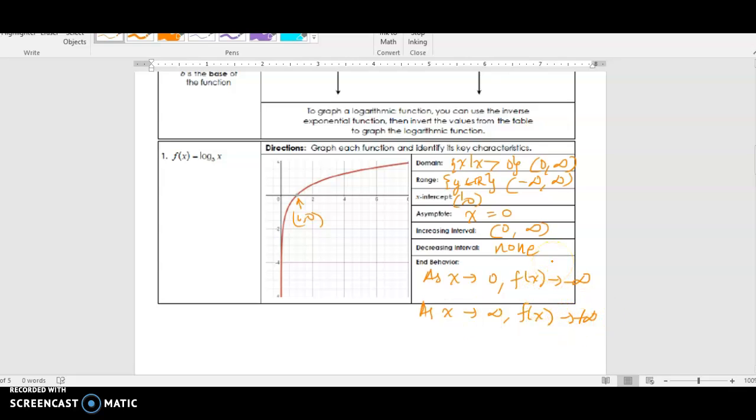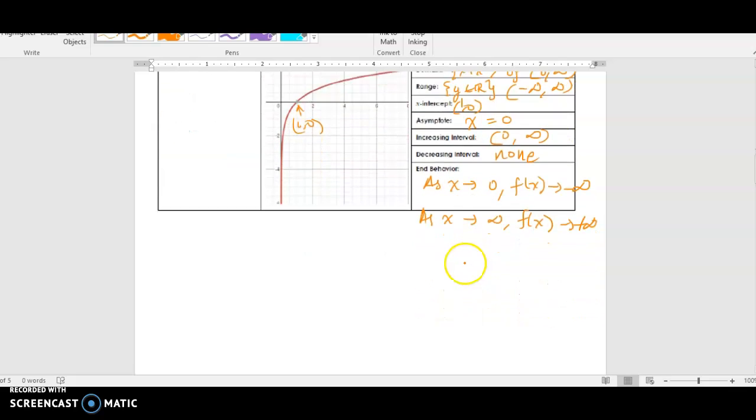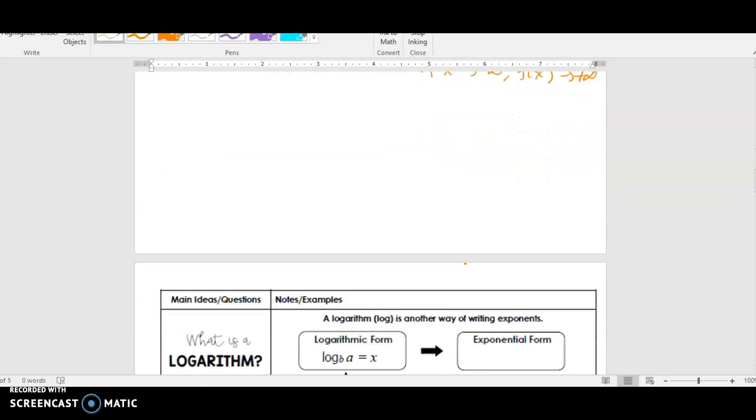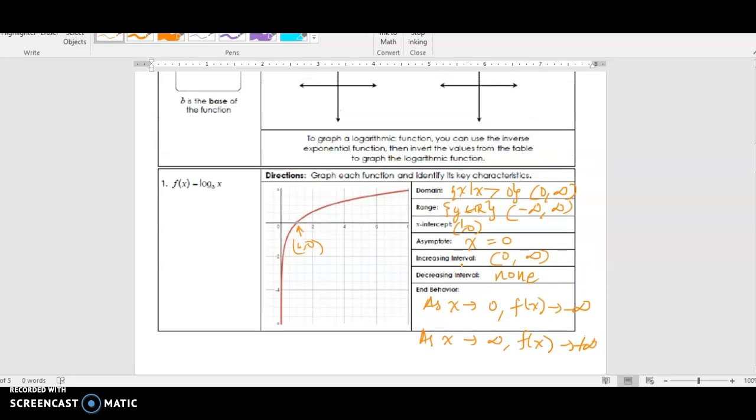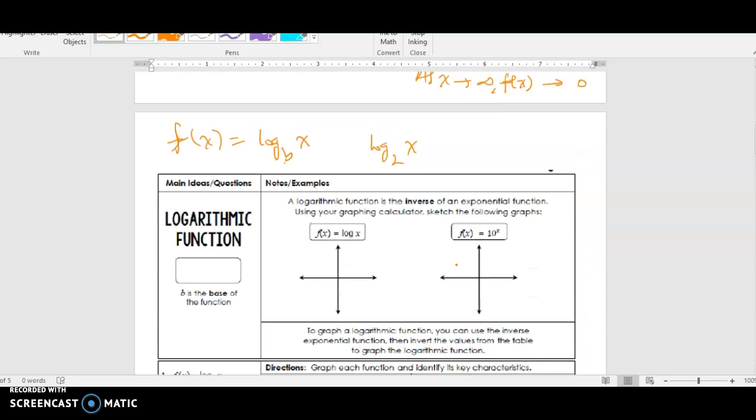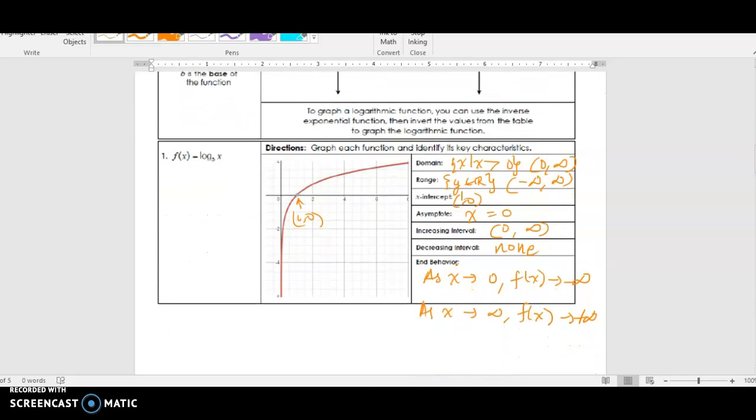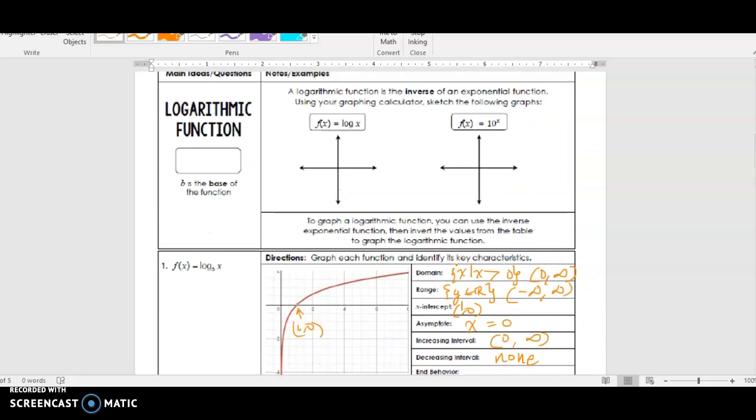Okay, so these are the features of log functions, and we will actually learn what a logarithm is in my next video. Okay, the practical applications of log functions, how do we actually see that as a